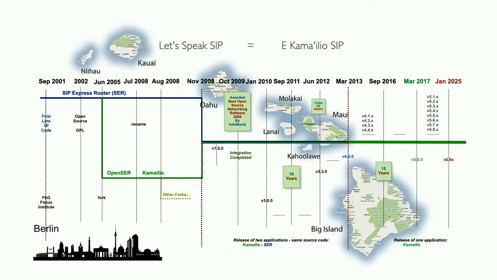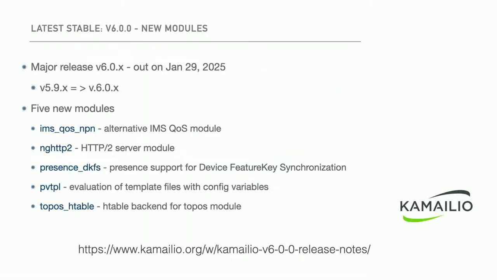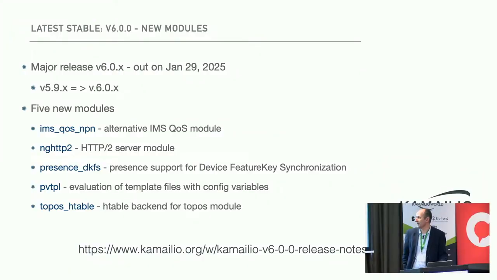Everything started here in Berlin at the institute, Fraunhofer Fokus Institute, which used to host our event for many years. That space also became unavailable, so we had to move to a hotel from last year. So yeah, new in Kamailio, we have this series 6.0. Practically, what was supposed to be the 5.9 series, we decided to jump directly to 6.0 because there were a couple of major and very important changes.